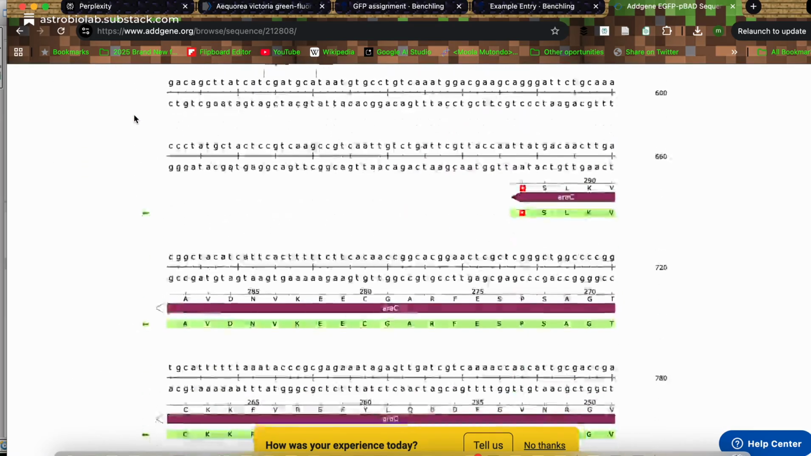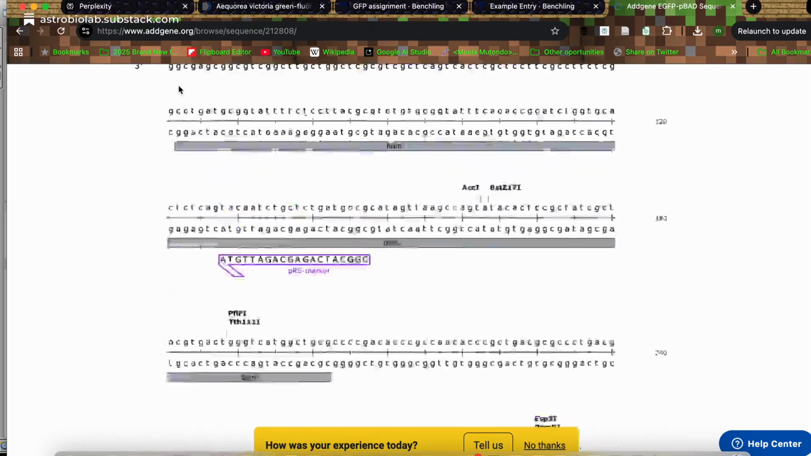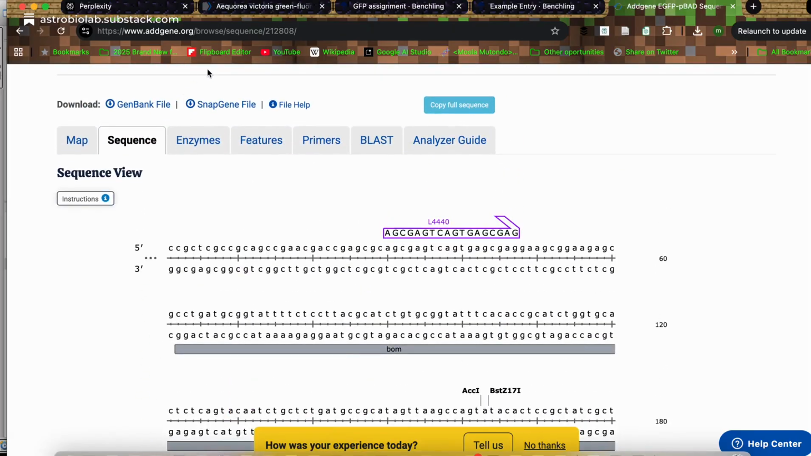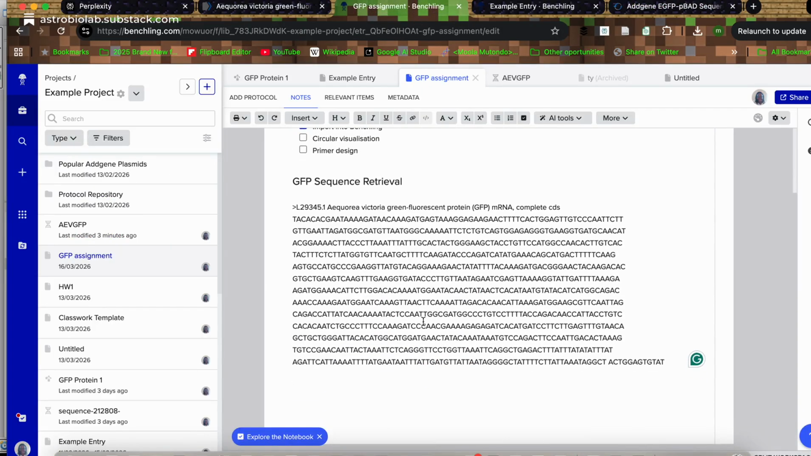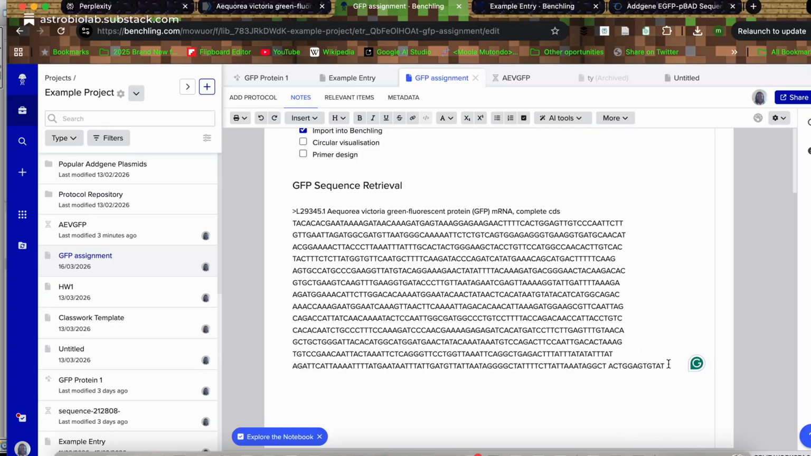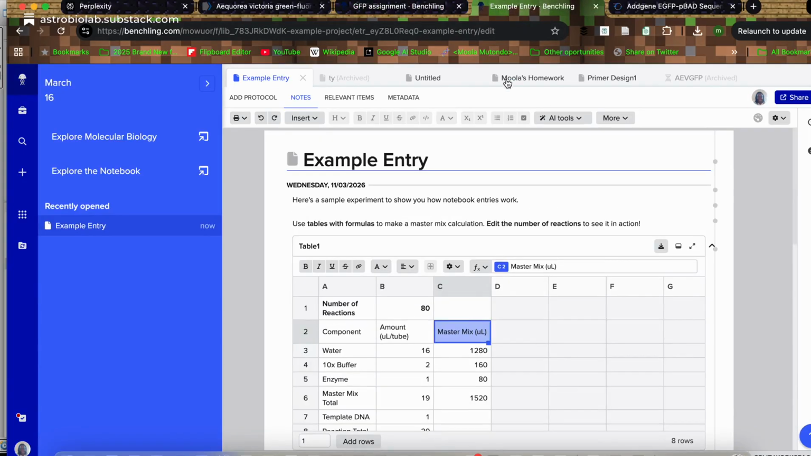and if I actually imported this sequence from here, I could, when I import it, make it a circular version and have it like that. So I can actually visualize this whole thing. I can visualize this inside my Benchling. So if I wanted to be showing off a little bit, I can say GFP in a plasmid, just to show what it would look like. And then I can either